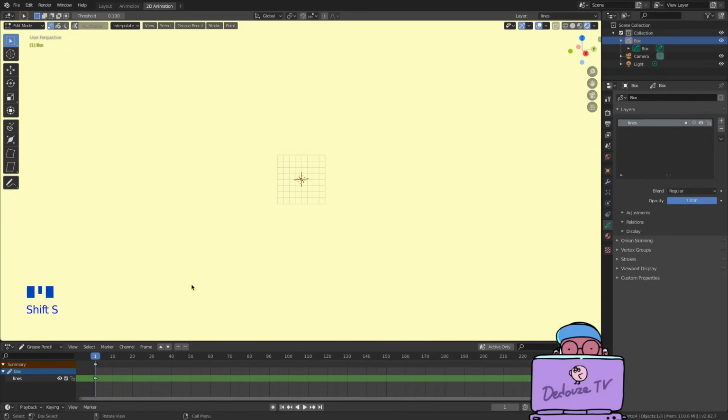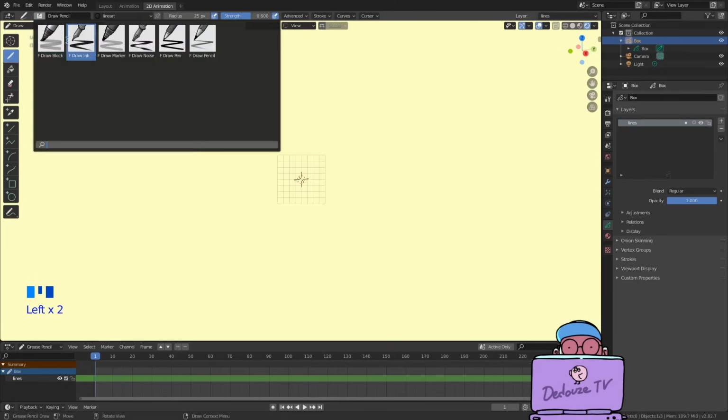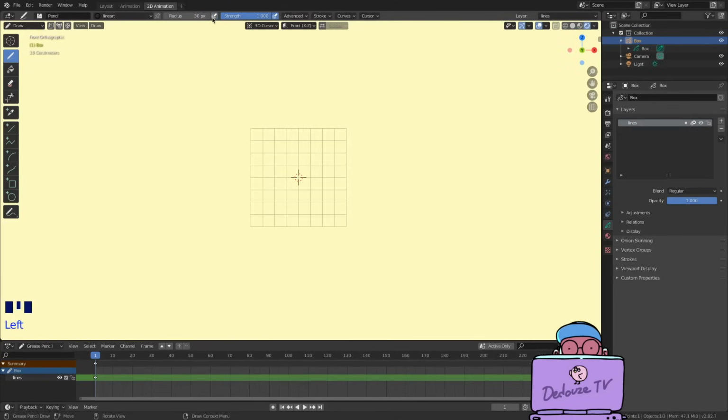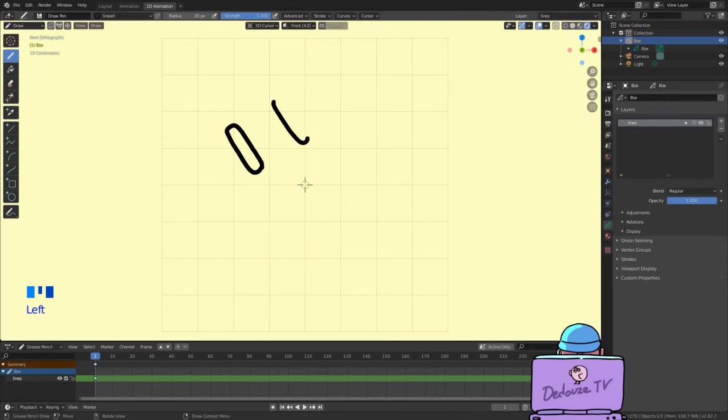The cursor is now back to the center. It's in the place where it was when I added the grease pencil object. I can now switch back to draw mode. There we have different types of pen. I will choose the standard pen, and for my usual art style, I deactivate the pen pressure for both radius and strength. At the top center, I check that the settings are on 3D cursor / front. I can now start to draw the face of the box.